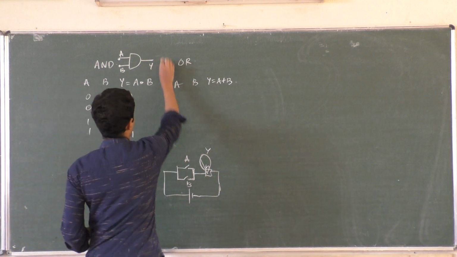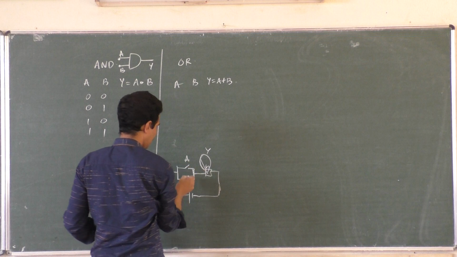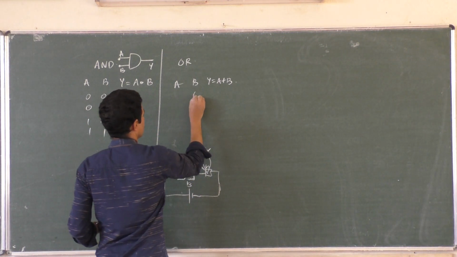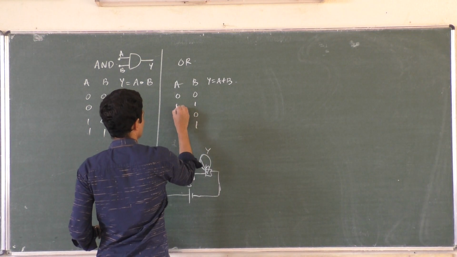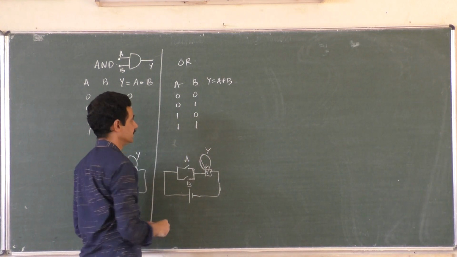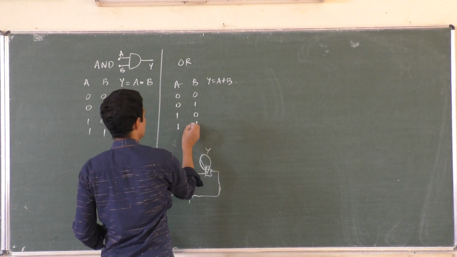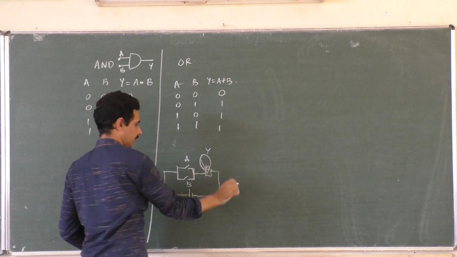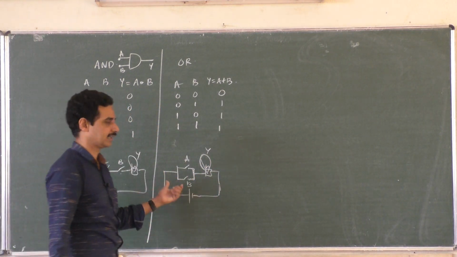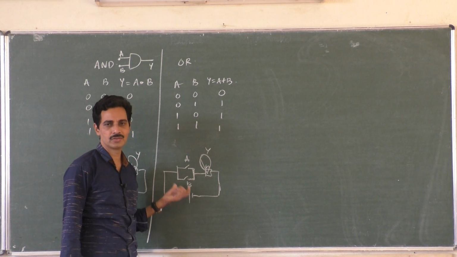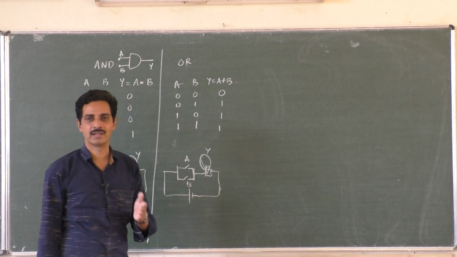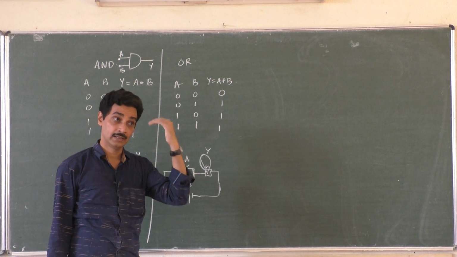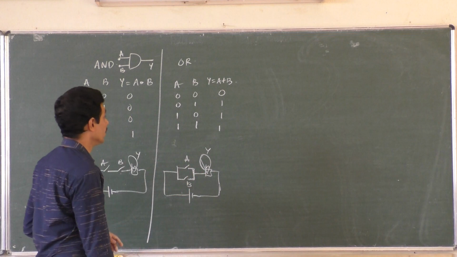How does OR gate work? Either A or B is on, enough. Or both are, no problem. So 0, 1, 0, 1. 0, 0, 1, 1. Finished. All the possibilities. Any one is enough. But if both are off, bulb will not glow. This is a wrong circuit, again I say. It is not the circuit to realize actual OR gate in the computer chips, right? It is not so.